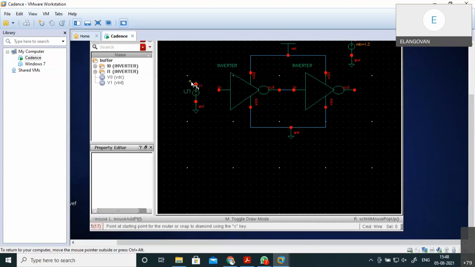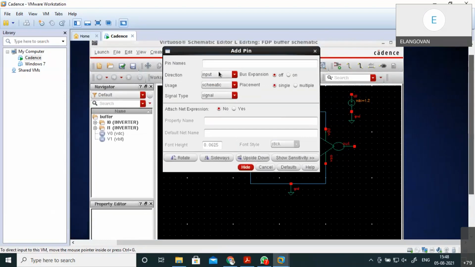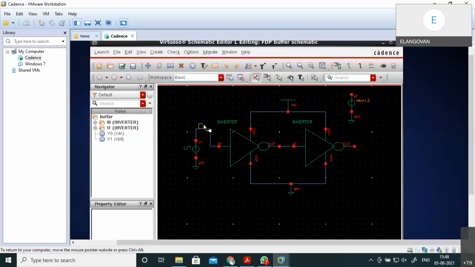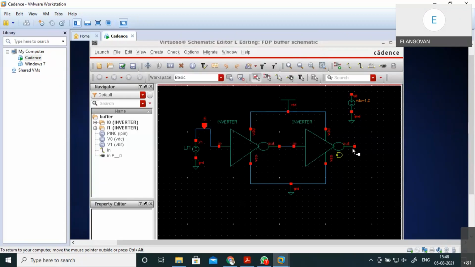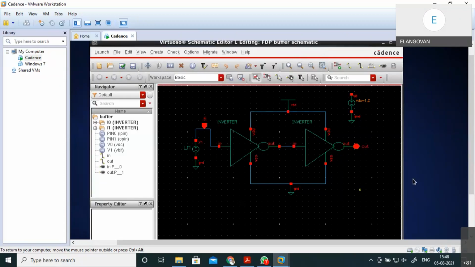Okay, by wire I'm connecting my input. And then I'm making my port. My input port, suppose I'm taking it as in, hide, rotate, connect. And my output port I'm taking as out, because it is out, hide. Yeah, everything is okay. So let me connect this VDC.